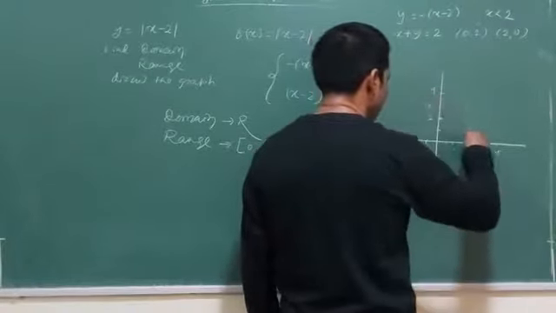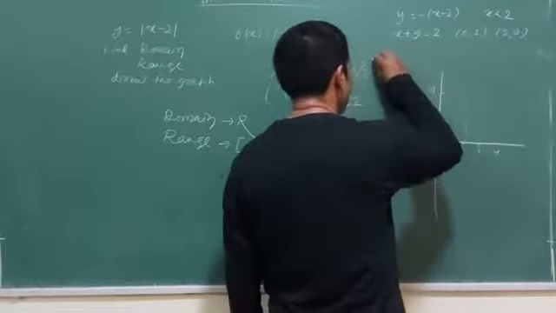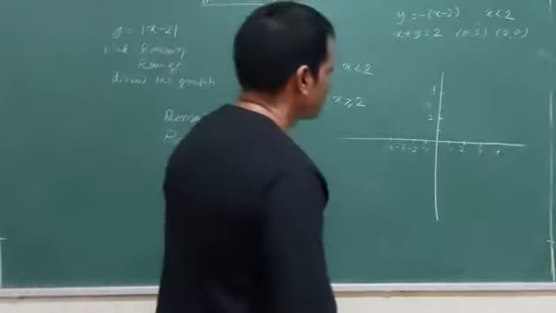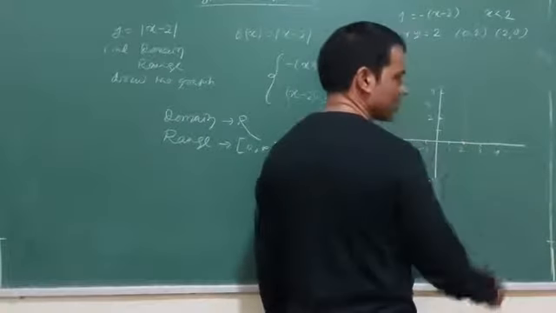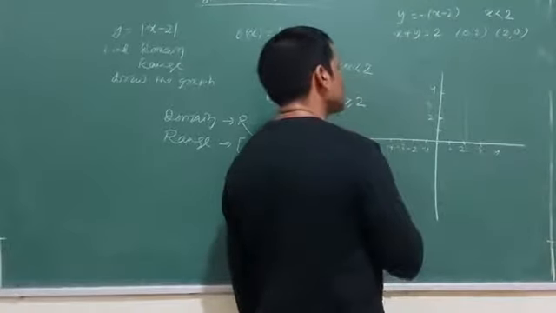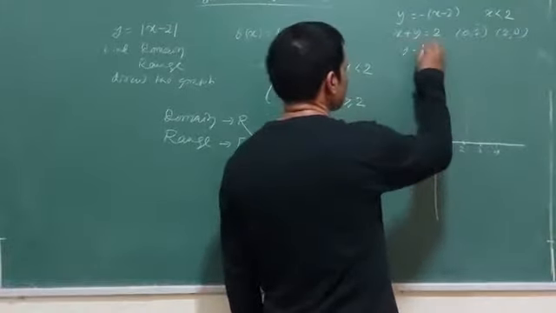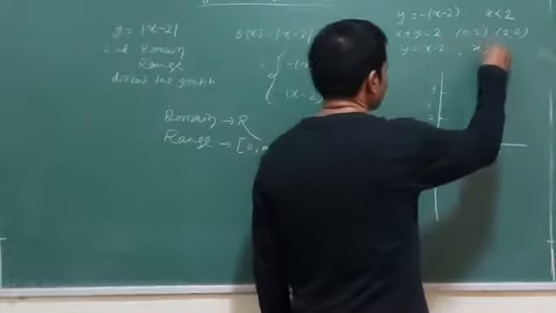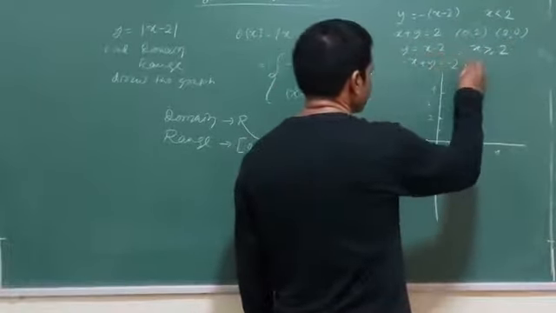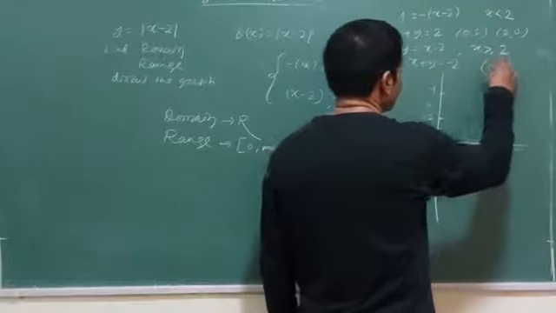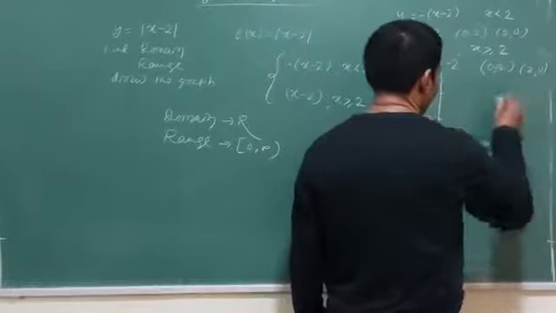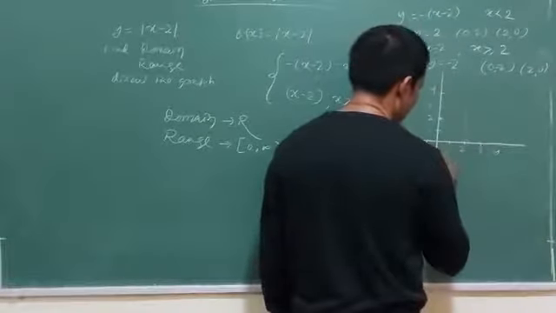This is not the complete graph. I am just telling you how to draw it. Similarly, if you want to extend it, no need of extension because it does not go beyond that coordinate. Then comes here, other one, y is equals to x minus 2, x is greater than or equal to 2. Minus x plus y is equal to minus 2. The points are x is 0, y is minus 2, y is 0, x is 2, and minus 1, minus 3.